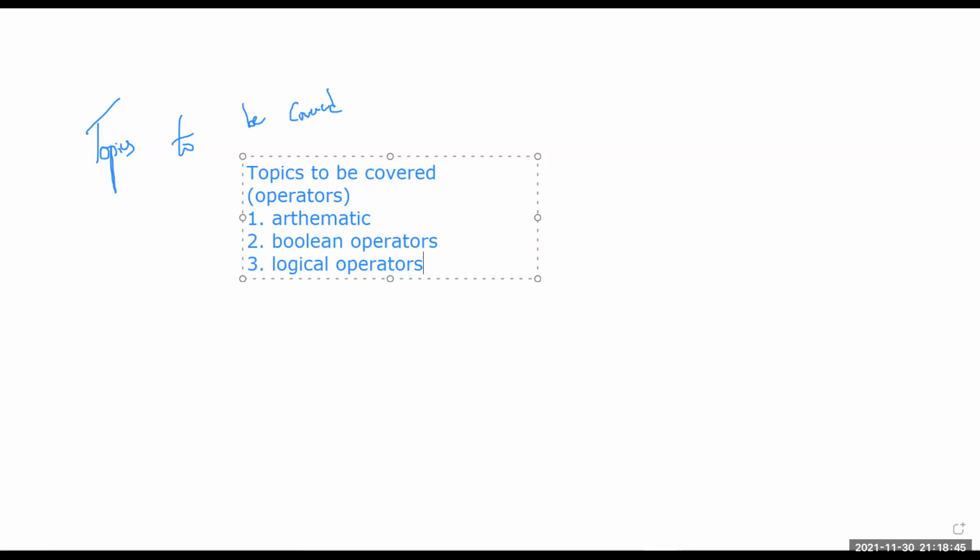How many primitive data types are available with us, guys? What are the primitive data types we saw yesterday? Anyone? String, integer, float, boolean.